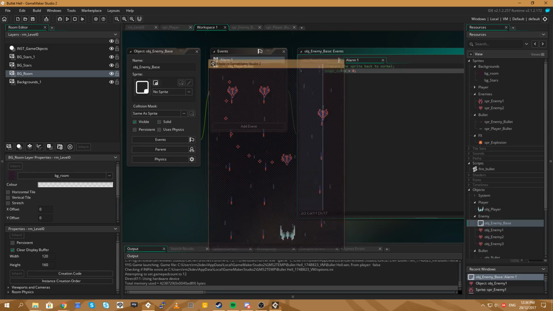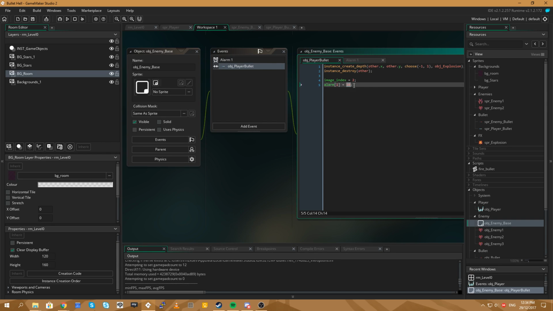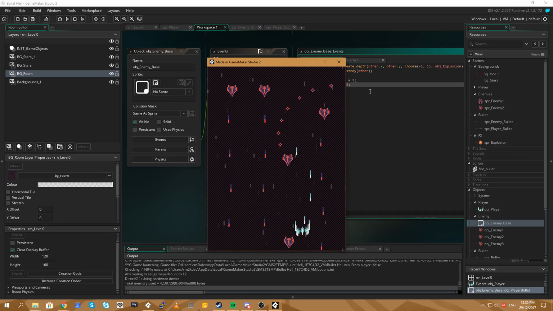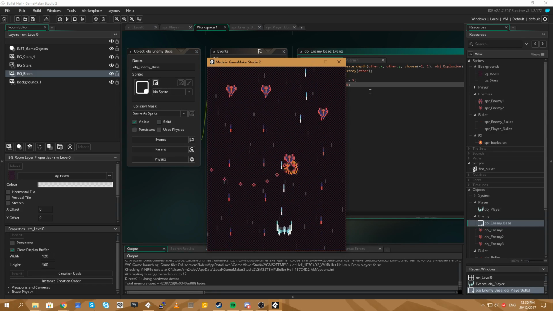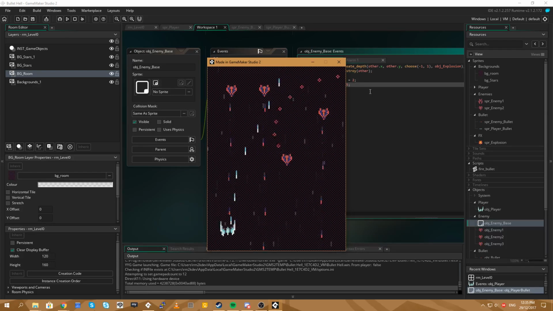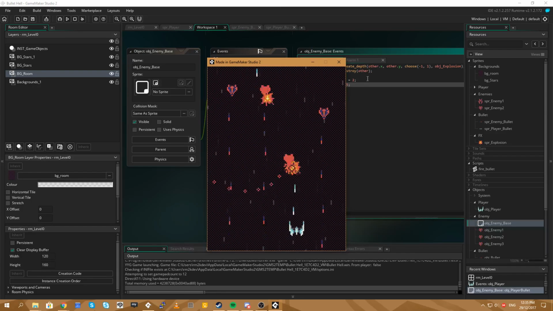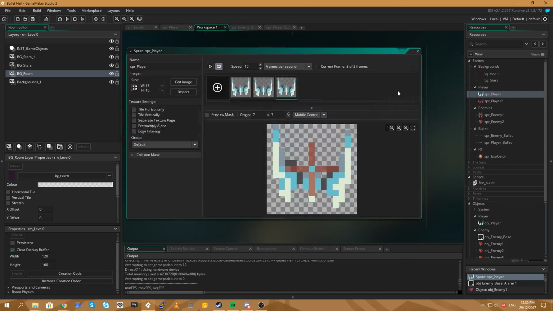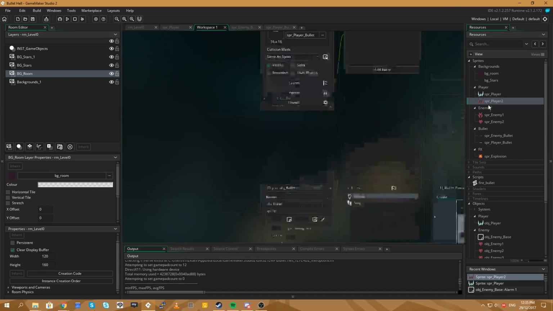Now, I want the flashes to be a little faster, so let's make this 5. There we go, now they're flashing. Okay, that's cool. That's working now. They're flashing correctly. We should do the same thing for the player. Where is the player's sprite? Do we have the animation on the player to do this as well? Let's have a look. No, we don't have the animation on the player to do it.